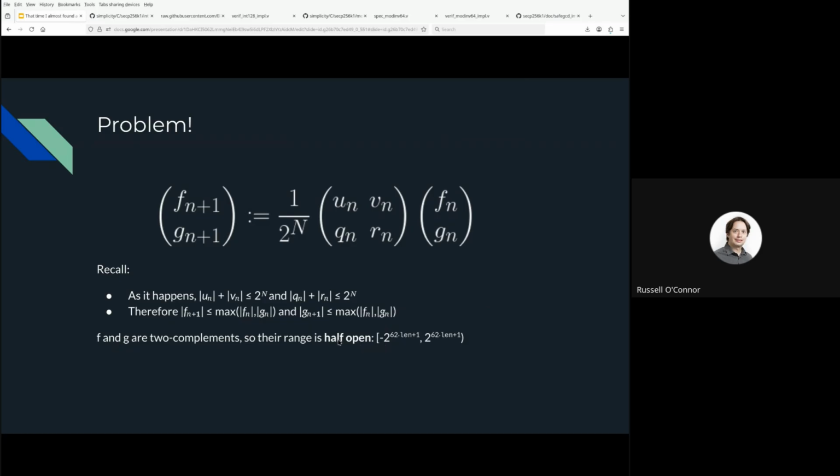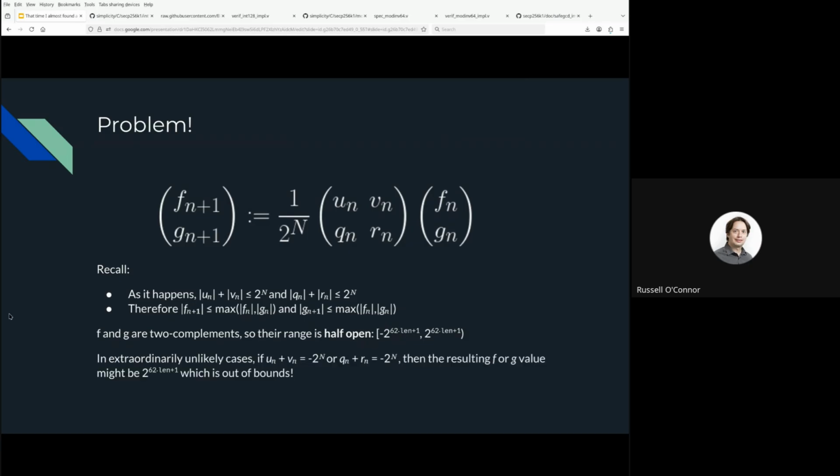signed integers, you have this sort of half-open range where the most negative value that is acceptable, which is going to be minus 2 to the 62 times limb length plus 1, there's this negative value, but the positive value is excluded from the range, right? There's no corresponding positive value in the same magnitude as this negative value over here, right? So the issue was, in some extraordinarily unlikely case, if the sum of Vn plus Un is negative 2 to the n, or if Qn plus Rn is negative 2 to the n, then the